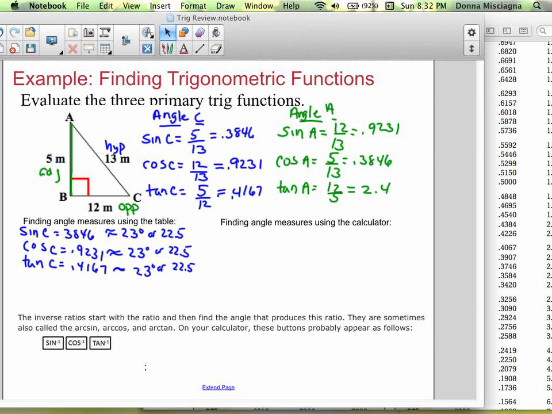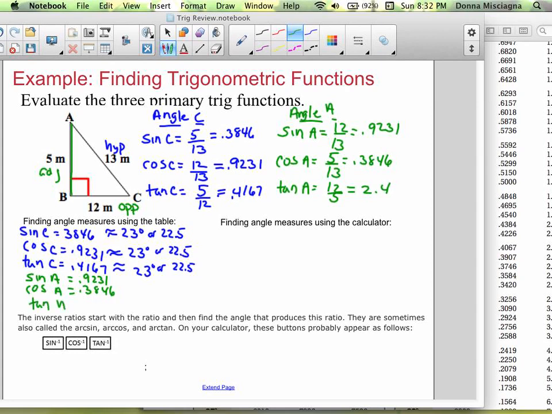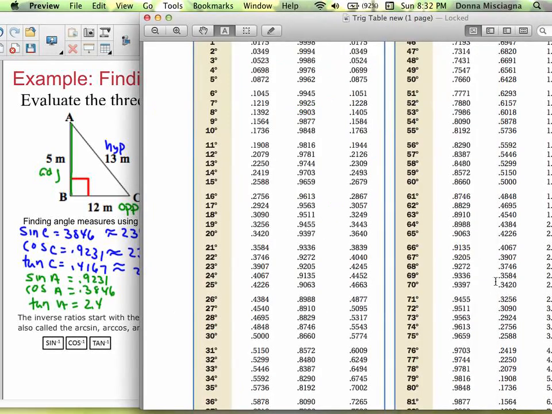All right, so now let's try the same thing with angle A. Sine A was 0.9231, cosine A was 0.3846, and tangent A is 2.4. And let's find how close we can get in the table without, apparently, being able to write on my table. All right, so sine is